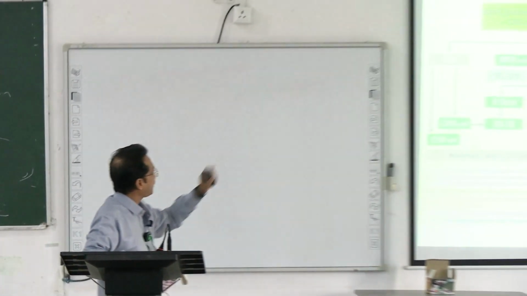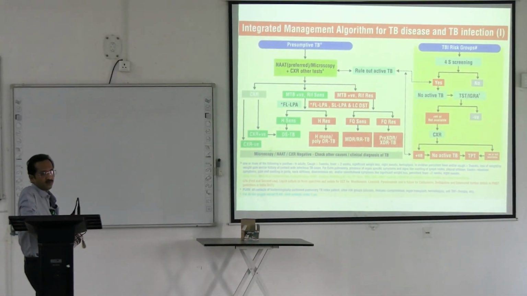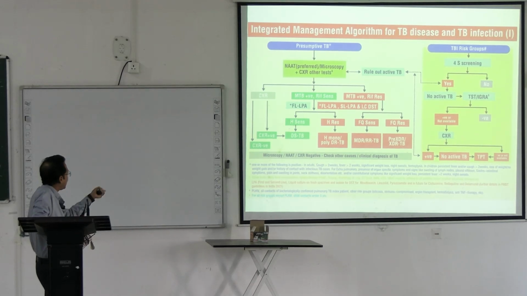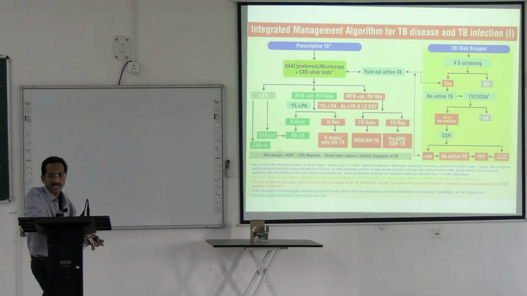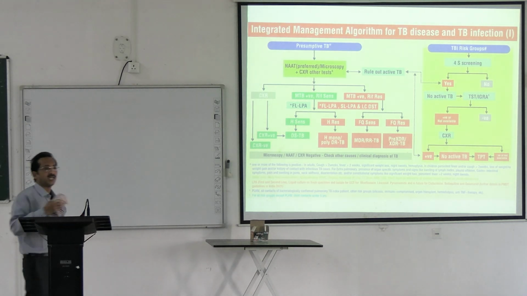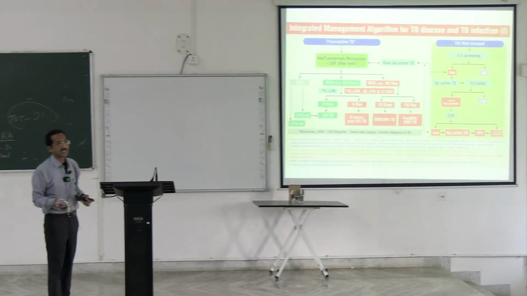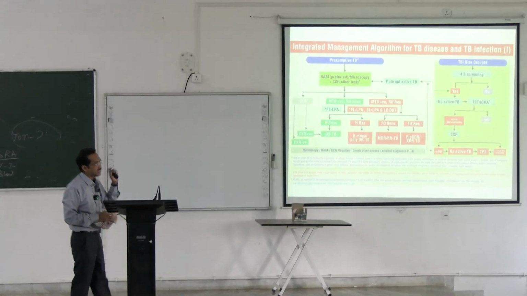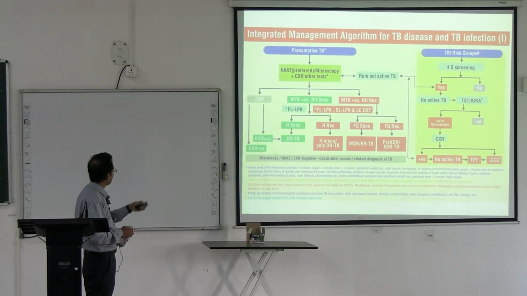So this is presumptive TB. If other tests come up negative, you go for CBNAT. Even if it's CBNAT negative, you can go for the line probe assay and repeat CBNAT from another center, a nodal center. So if CBNAT is negative from a peripheral center, you can send the patient, if the physician is confident the patient has TB, with other symptoms of TB, but that cannot be diagnosed, you can do a repeat CBNAT from the nodal center and also check the rifampicin resistance.